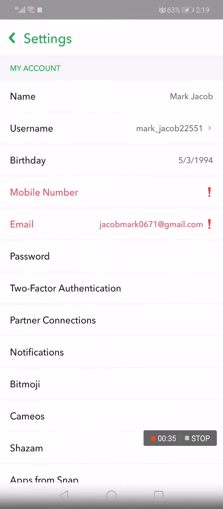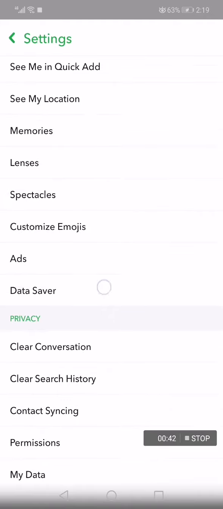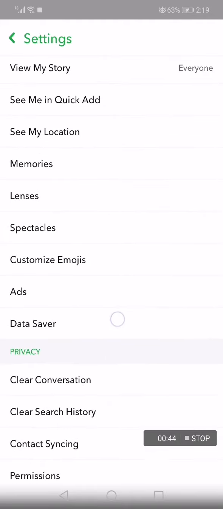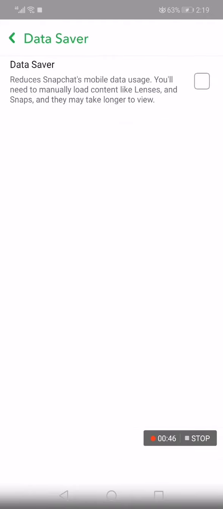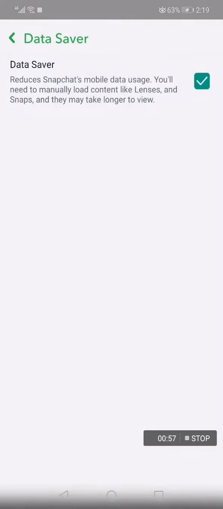You will find many options, as you can see, but all you have to do is scroll down until you find the data saver option. Click on it and you will find this. Click on it again and choose how long you would like the data saver to be enabled. For example, I'm gonna choose 3 days, and now it's